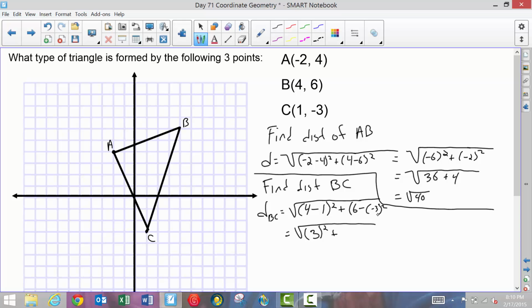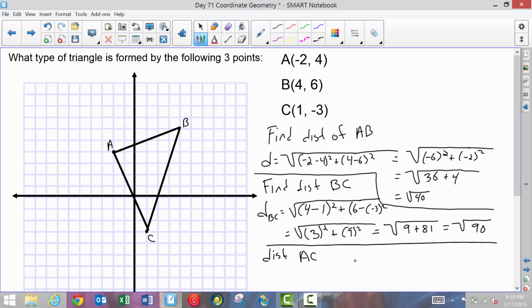6 minus the negative 3 becomes positive, so that's 9 squared. So when I simplify, I have 3 squared, which is 9, plus 9 times 9 is 81, which equals the square root of 90. So right now I have at least, okay, I could have a scalene or isosceles. So to go to the next one, I have to find my distance of